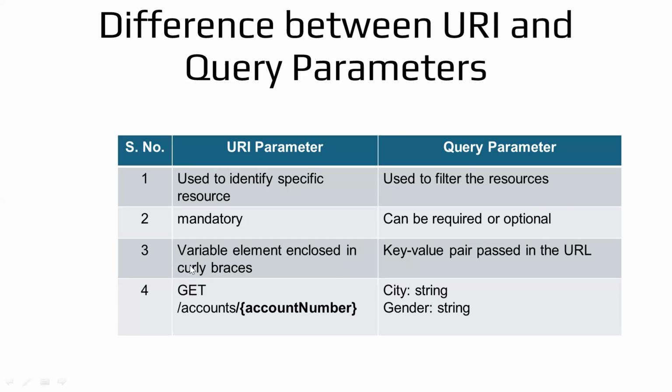The third one is that a URI parameter is a variable element enclosed in curly braces. So a URI parameter is always enclosed in the curly braces, whereas query parameters are key value pairs. As an example here, accounts, account number, where this account number is the URI parameter. Here city and gender we can pass as query parameters. So let's see